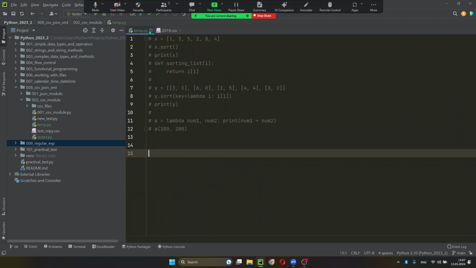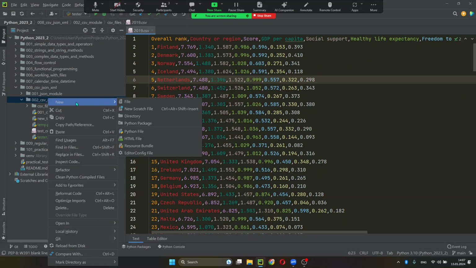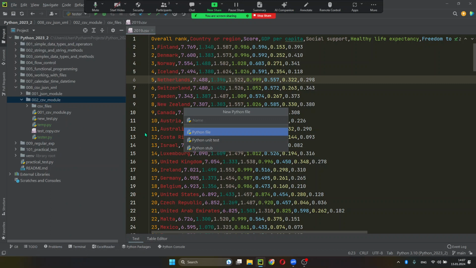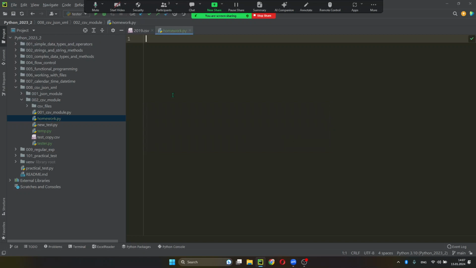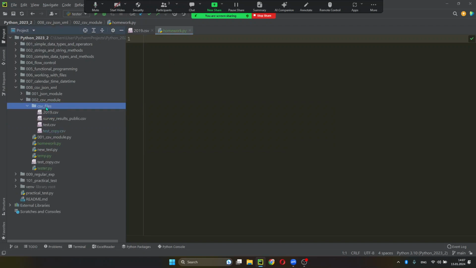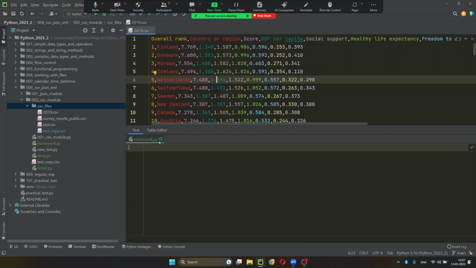Let's start with homework. I will create a homework.py. And let's start by doing the homework. So homework consisted of two different parts. First part was compulsory, second part was optional. So the compulsory part was